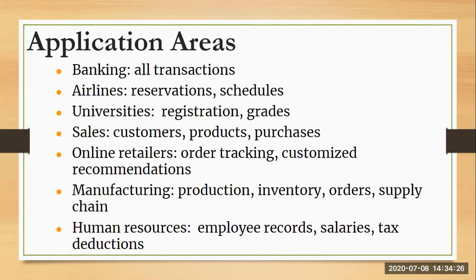Whenever you register a form, first of all your information gets stored in the database, and then once you make a purchase, with the help of the database it gives you the tracking of your order, where your product has reached. If you like something, the recommendations made by you are also saved in your database. In case you like a product that is out of stock, whenever it comes back, the database will trigger an event and intimate you that the product is back and you can buy it now. So managing of tasks, order tracking, and preferences management of the customer is done with the help of your databases.